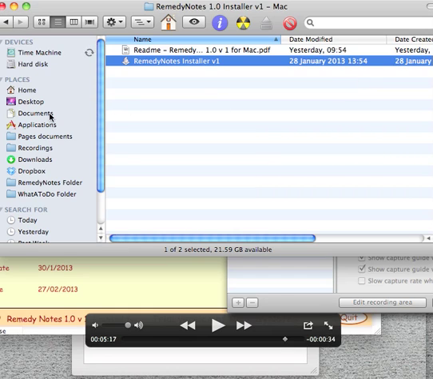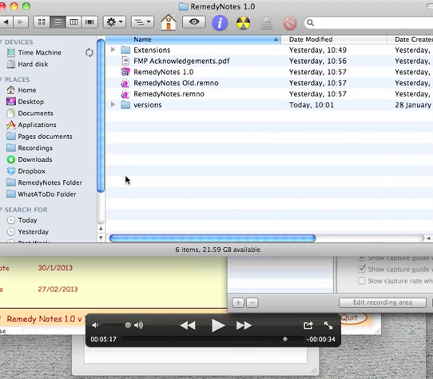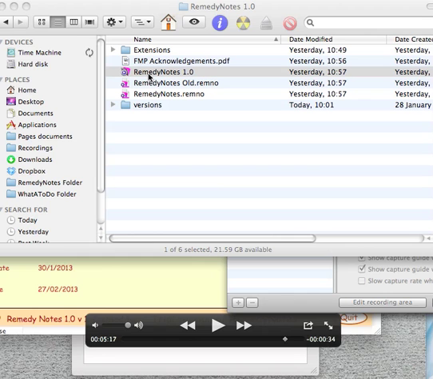Now it said that it was going to place the folder in my documents folder, so that's why I'm going to go looking for it. So I'm going to go to documents, and then here we've got RemedyNotes 1.0. That was the folder, so we go in there, and then here is the program itself, and what I can do is pop that down onto my dock at the bottom of the page, but for now I'm just going to open it up here. So we just open up RemedyNotes,